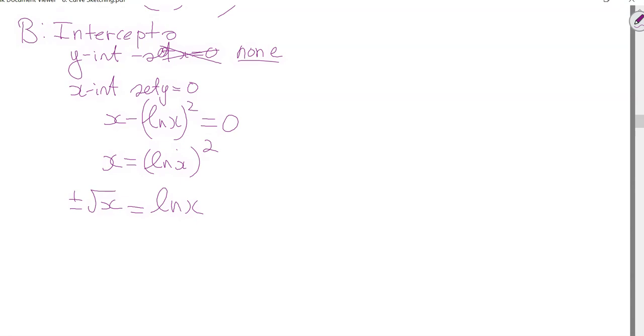Now, what did they say? Yeah, root x equals, so we'd have to split this up, right? We're going to have to solve two things. Root x equals ln x, right? We're going to say, well, there's no solution. And negative root x equals ln x, which says x is about,